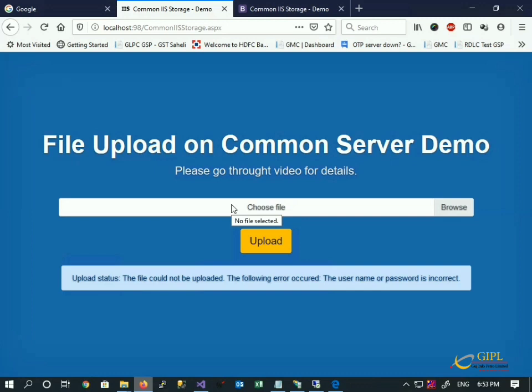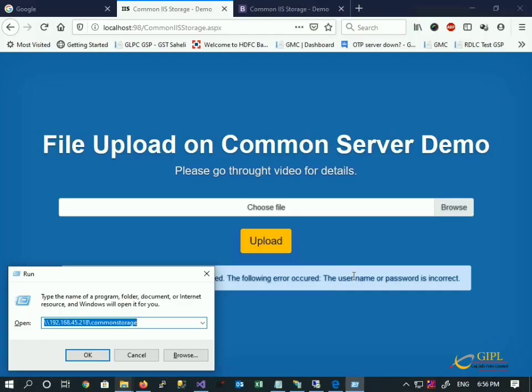Oh, username and password is incorrect. Now I have given the access of everyone. Then also it is giving me the username and password is incorrect exception. It's because the authentication of everyone is for the remote machine and my machine is different. So what to do? To solve this, we need to create a common user between two servers.